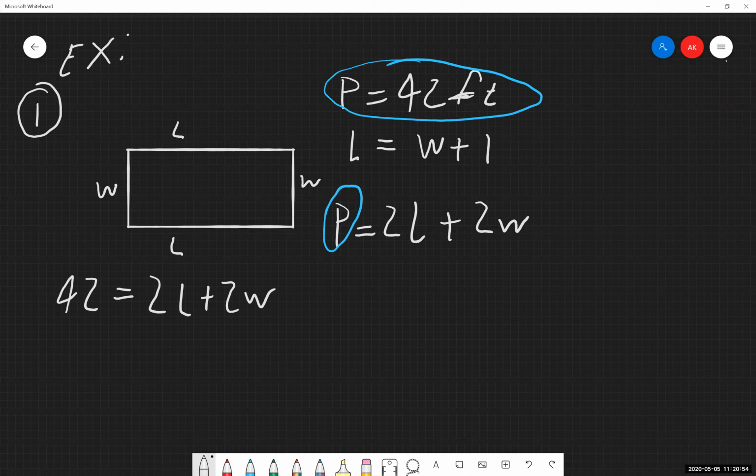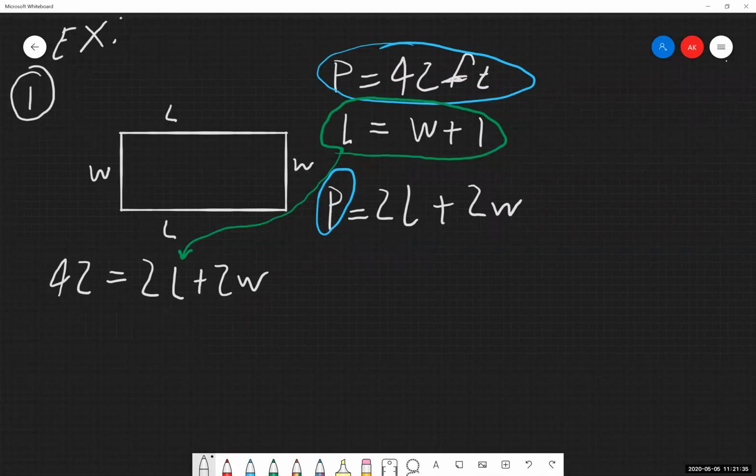And at this point in time, we're noticing that we have 2 variables showing up in this equation, a length and a width. Now, everything we've learned up to this point in time, primarily from 3.5 with solving equations, we can only have, or we're used to only working with one variable in an equation, mostly because that's the only way we can solve these things to actually find values. So what we are going to do is we are going to take, I'll use green for this, our equation that we created for the length, and we're going to be plugging that in for the length in our problem, essentially substituting this.